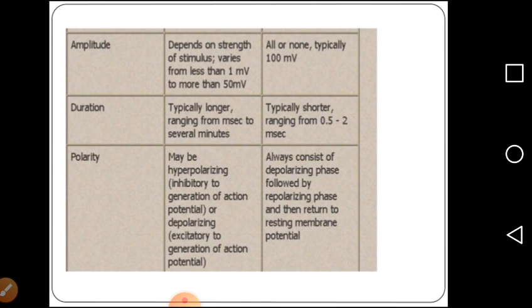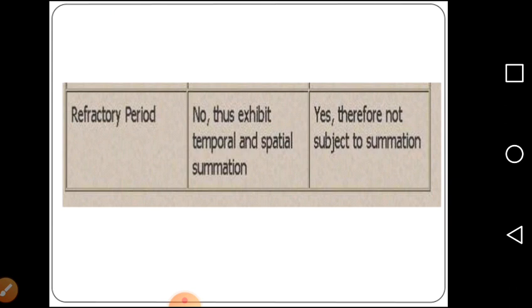Okay, the duration is longer in the case of graded potential, while the action potential is shorter in range, that is 0.5 to 2 milliseconds. Refractory period is not present in graded potential, while action potential does have the refractory period. And as you can remember, the refractory period is basically a silent period in which no action potential is being generated. And I can repeat it again that it was of two types: an absolute refractory period